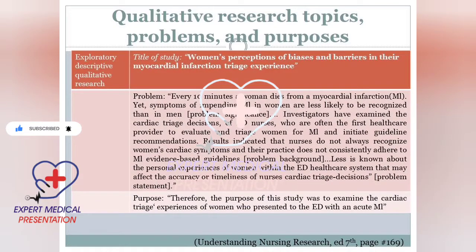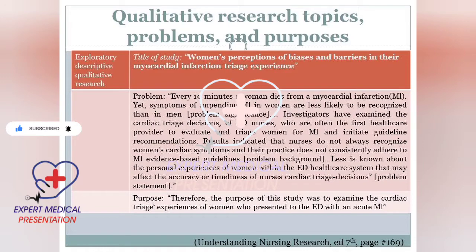Exploratory descriptive qualitative research. Title of study: Women's Perceptions of Biases and Barriers in Their Myocardial Infarction Triage Experience. Problem: every 10 minutes a woman dies from a myocardial infarction (MI). Yet, symptoms of impending MI in women are less likely to be recognized than in men. Problem significance: investigators have examined the cardiac triage decisions of ED nurses, who are often the first healthcare provider to evaluate and triage women for MI and initiate guideline recommendations. Results indicated that nurses do not always recognize women's cardiac symptoms and their practice does not consistently adhere to MI